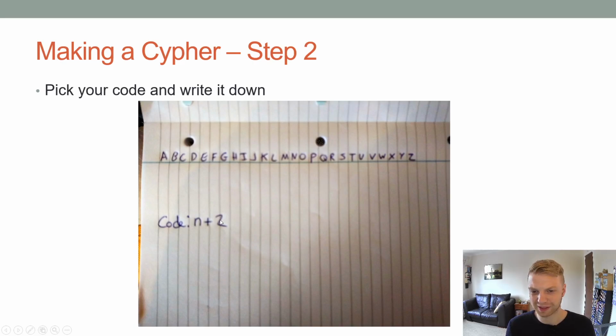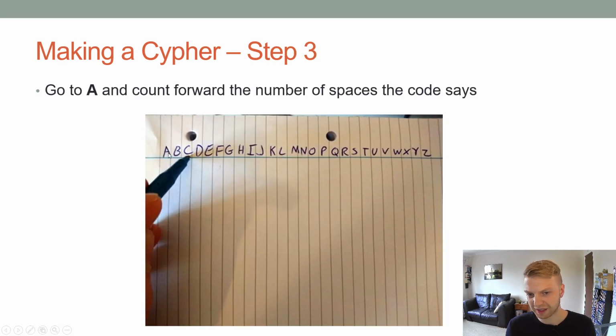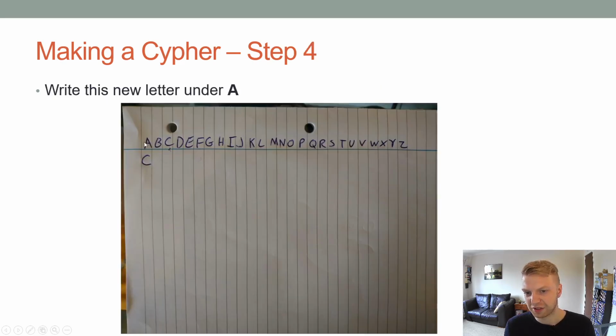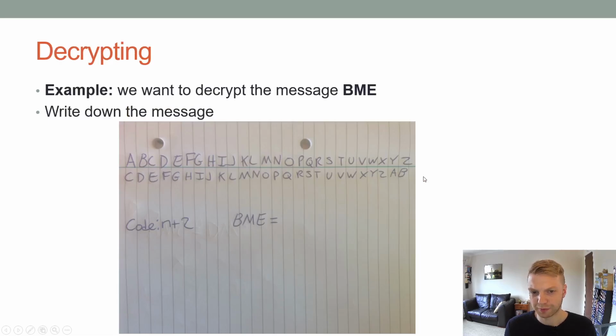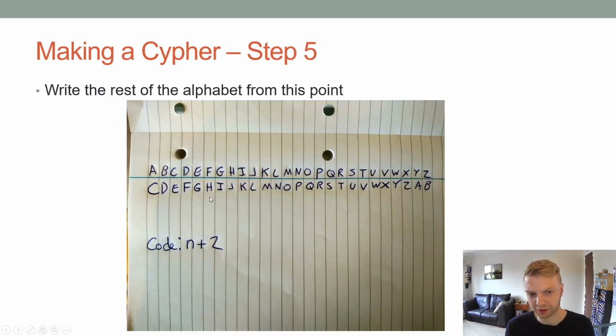So you write +2 to keep yourself right, and then you go to A, right, and you count 2 spaces. So if it was +6, you would count 1, 2, 3, 4, 5, 6 spaces, but this is +2, so we just go 1, 2, and you land on C. And then you just, because you've counted up, I mean, you could even do this in your head, you just go, what's A, 2 letters long? Because you've counted up 2 spaces, you write C here, and then you just write the rest of the alphabet like that. Notice when you get to Z, you loop back round, so you write A and then B. So we've got our alphabet, that's the cipher complete, so make sure you've got that first before moving on. So just write that out.